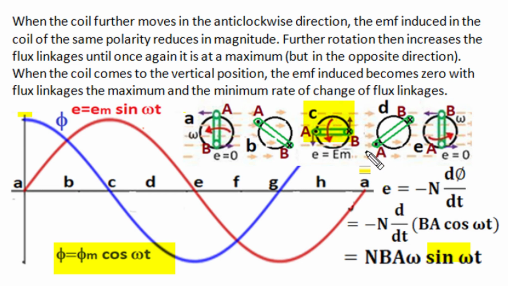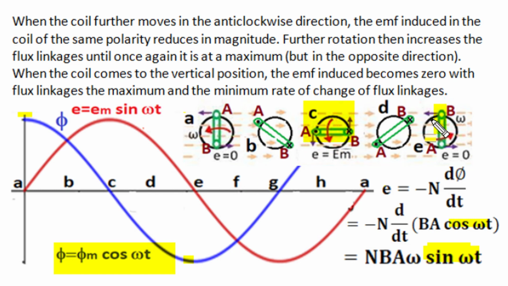The further anti-clockwise rotation of the same loop once again increases flux linkages with the rectangular loop, but now in the opposite direction, and from C to position E, when the rectangular loop again becomes perpendicular to the magnetic force lines, the flux linkages become maximum but in the opposite direction. As per the rate of change of flux linkages, this cos omega t when differentiated becomes minus omega sin omega t, and with the negative sign, negative becomes positive, and the induced EMF will become NBA omega sin omega t. It's a sinusoidal function with peak magnitude NBA omega.